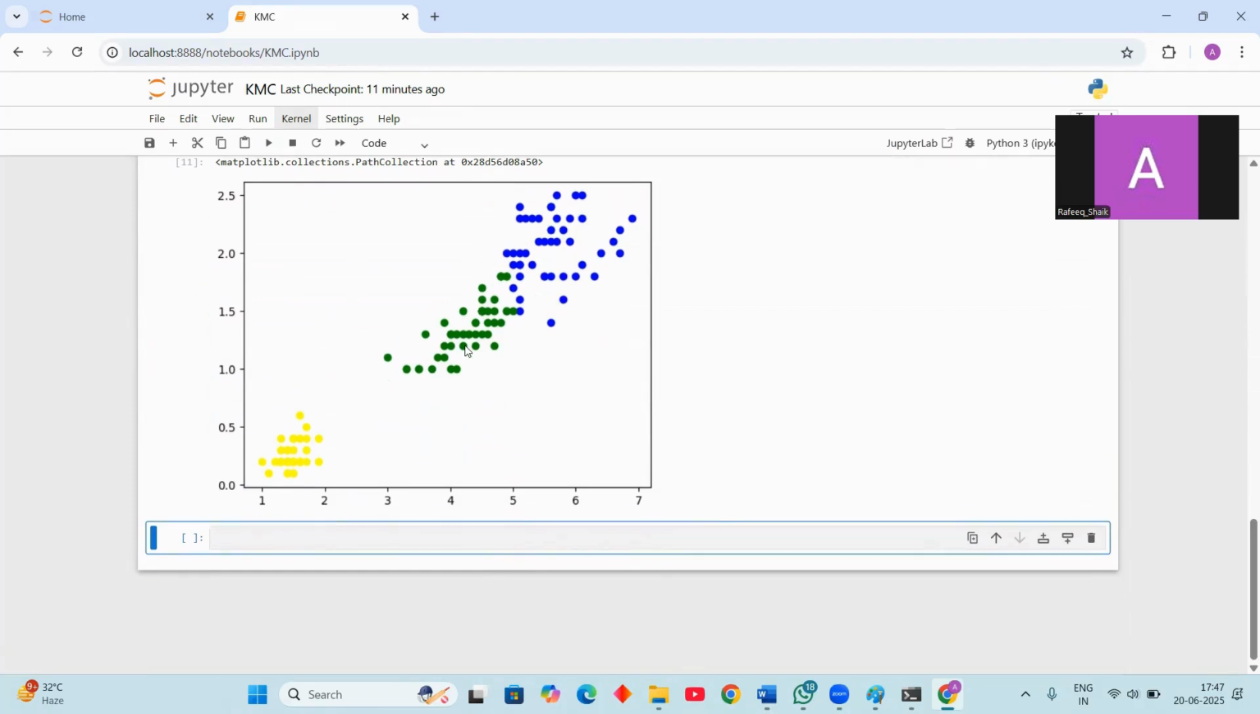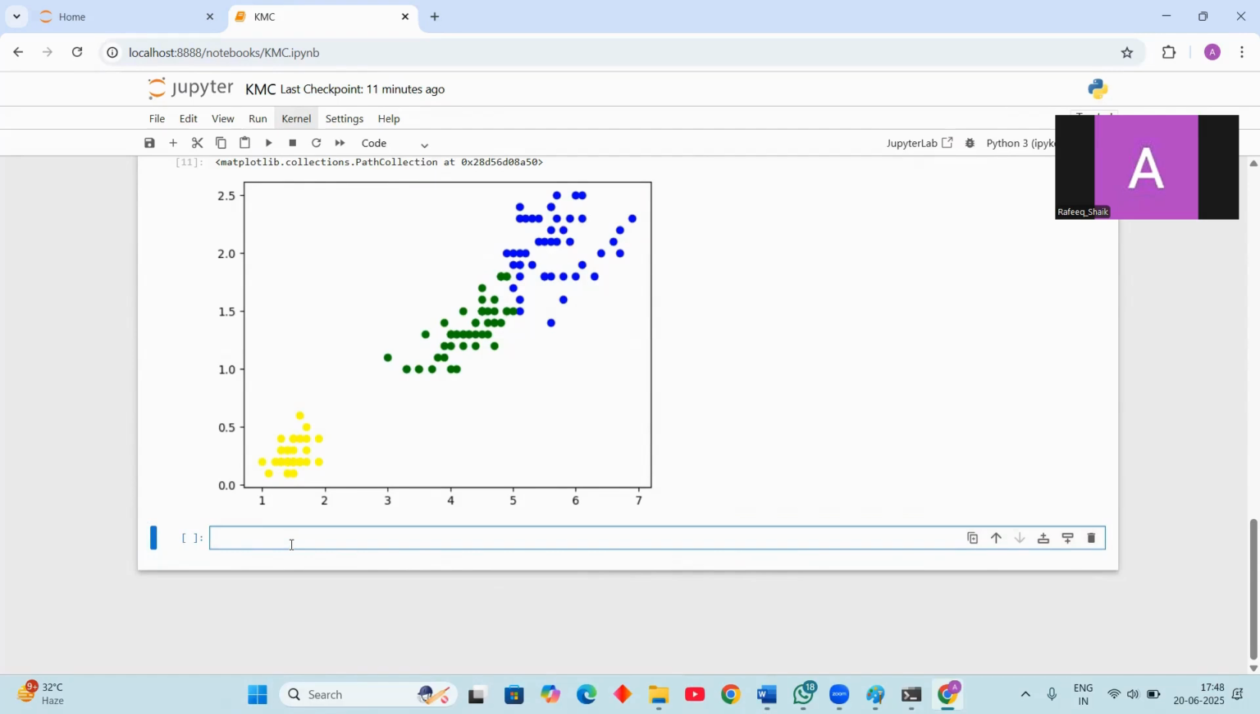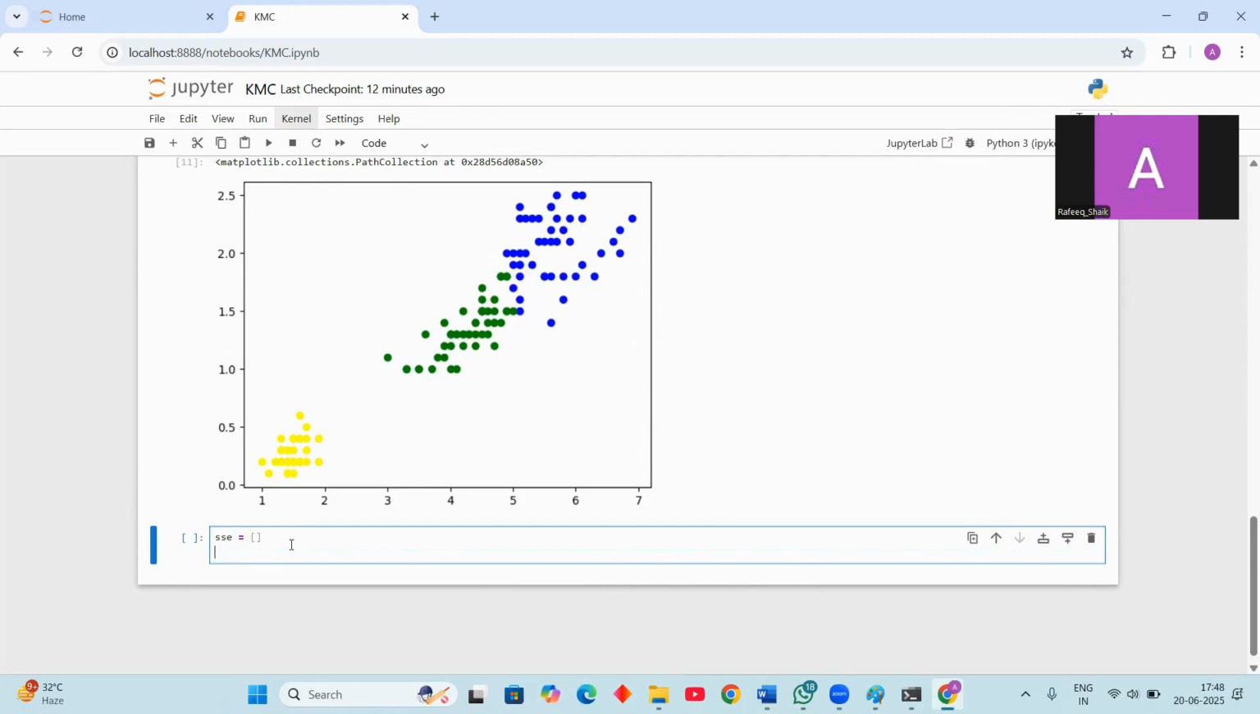Okay, here we can calculate the k-means value. So here we assume our data set, and we can calculate our k-means easily, right? For that, we're doing the SSE method, sum of square errors, right? So take SSE as a variable equal to an empty list. Then I want to take the k range